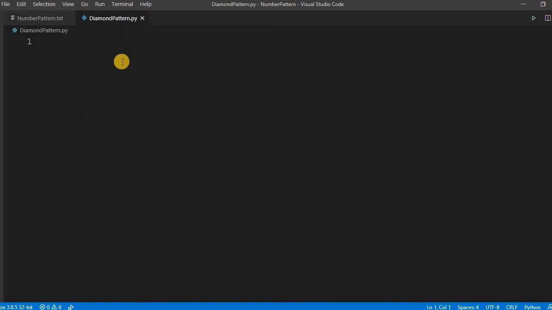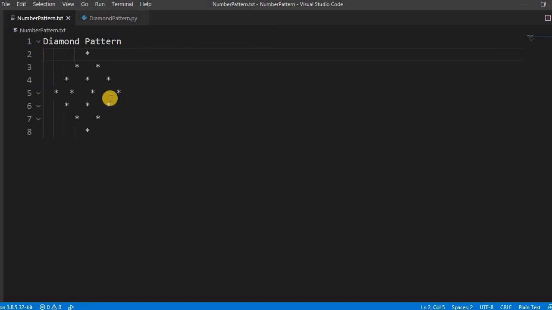Let's create one method, like code as it is, for the diamond pattern. How many rows do we want to print? Let's take the example of the 4th row.